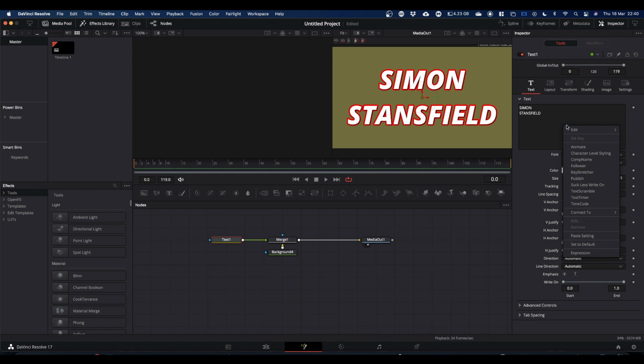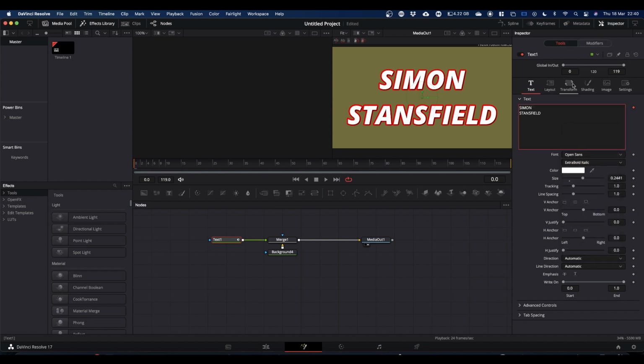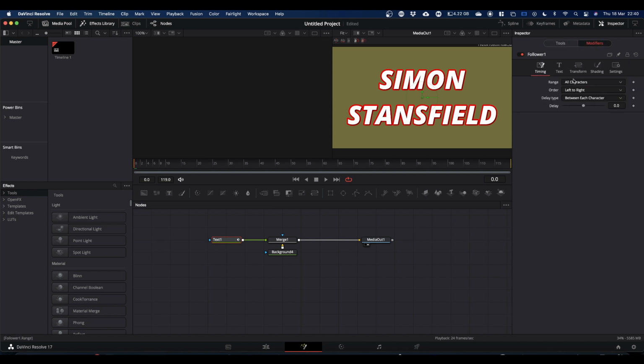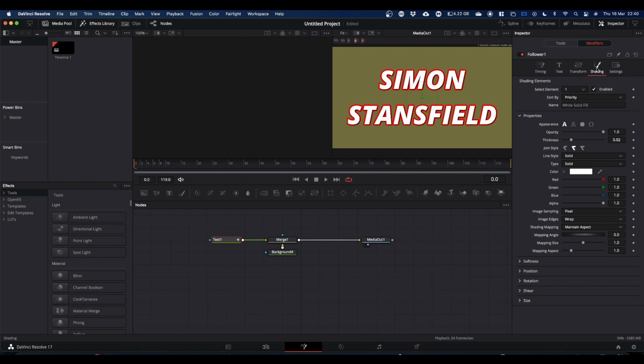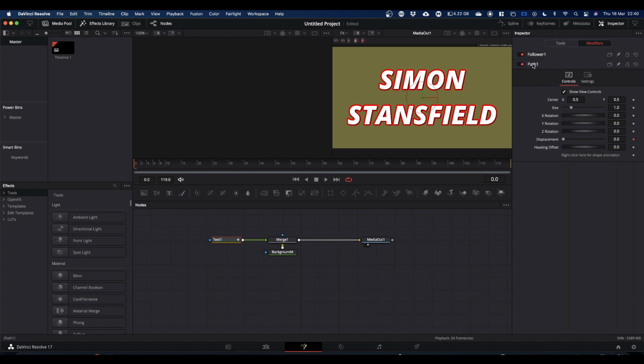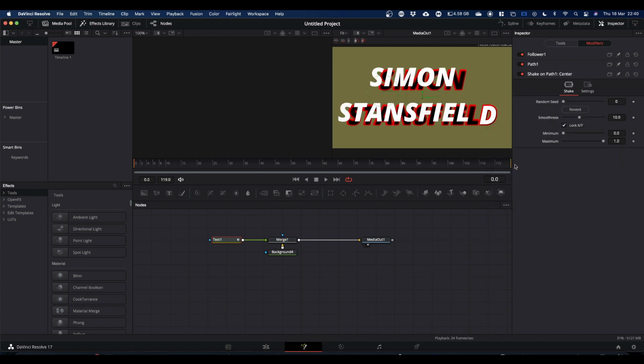Much as we did in the jiggle video, we're going to right click in our text input field and select follower. This activates a modifier button up here, and we're going to come into our modifier and go through the same process that we did in the jiggle video. So you're going to open your shading tab, come to position, keyframe the offset, which makes this path modifier. You're then going to right click on center, modify with and shake,